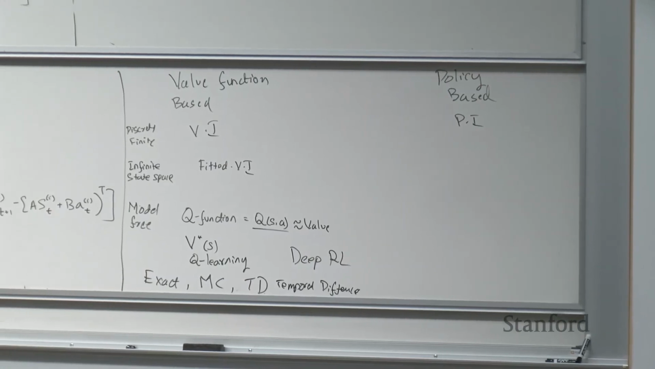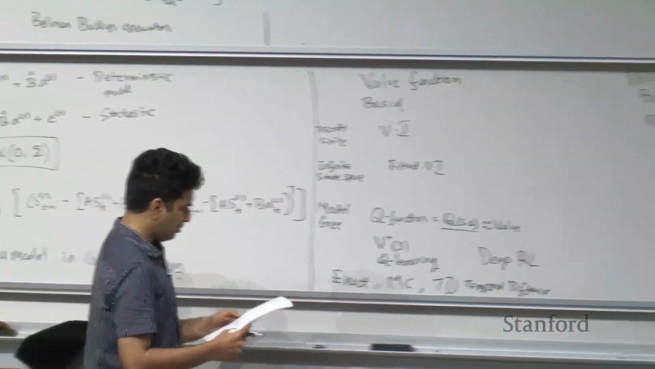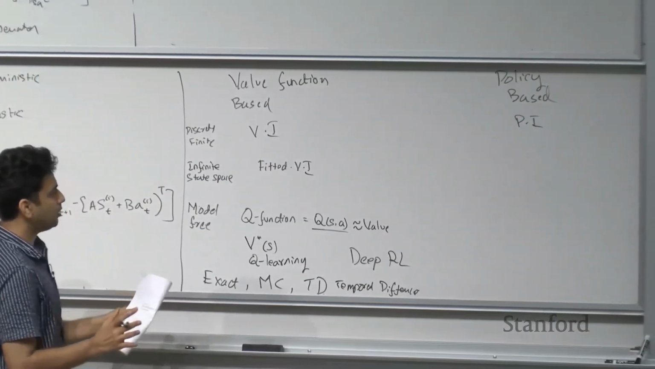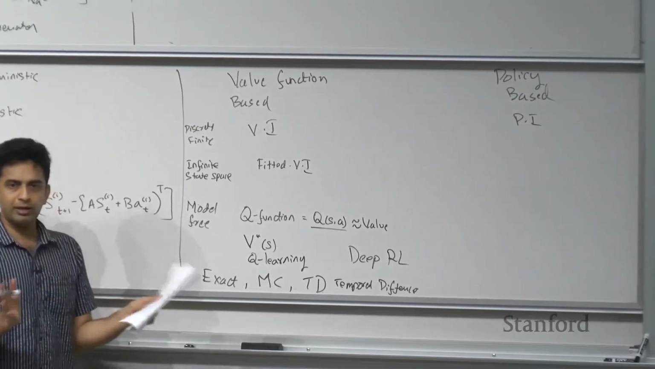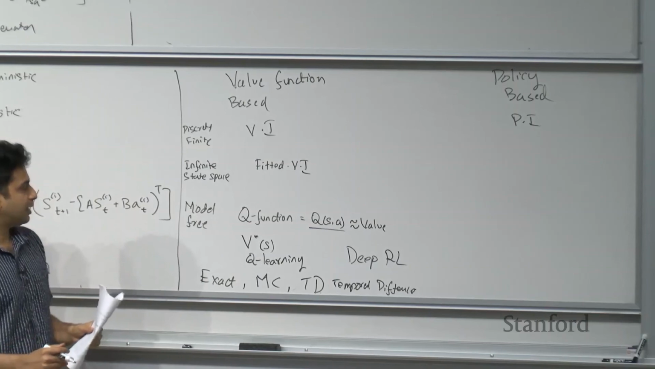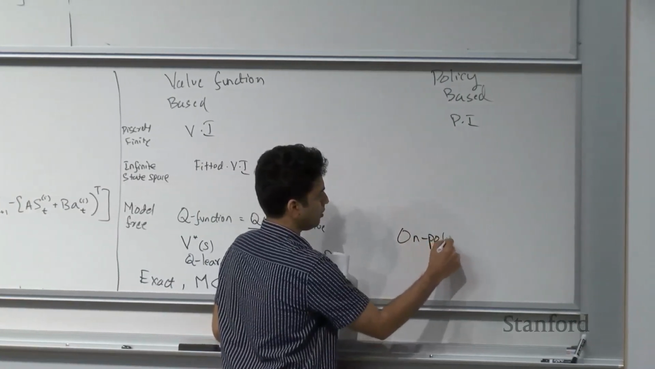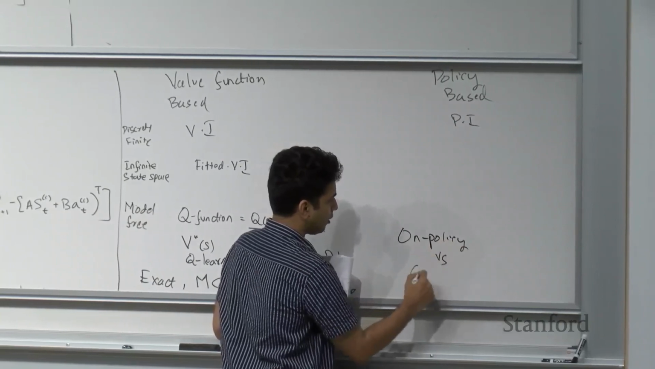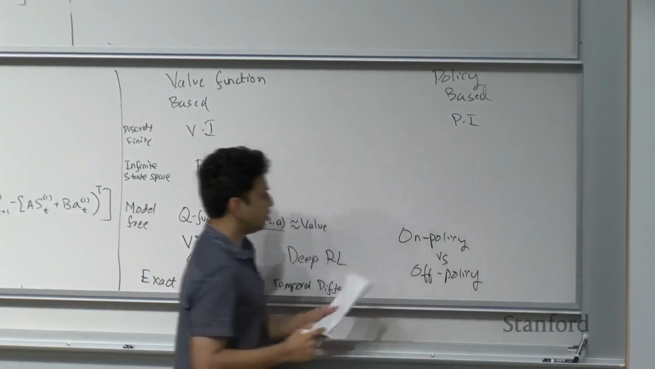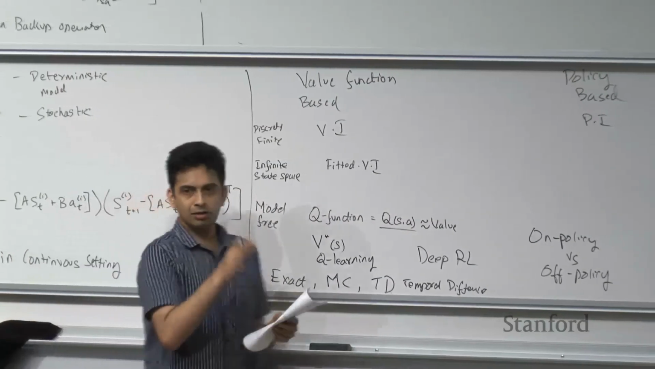There's probably one more thing I want to say. There is another line of classification you can use for a reinforcement learning algorithm. There's something called on policy versus off policy methods. In on policy methods, you're trying to learn the value function by staying on the given policy, whereas with off policy,